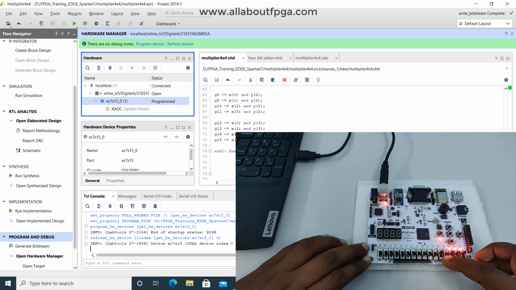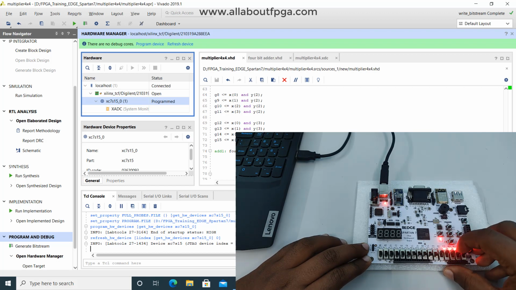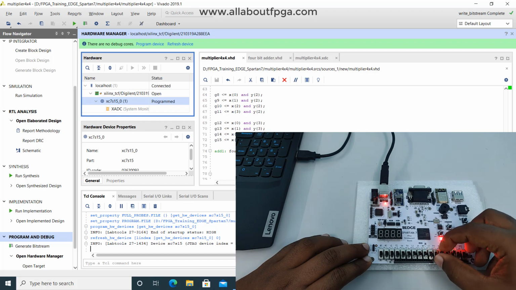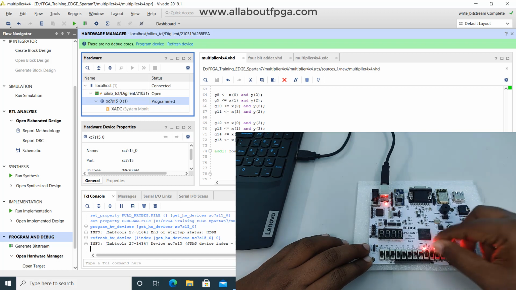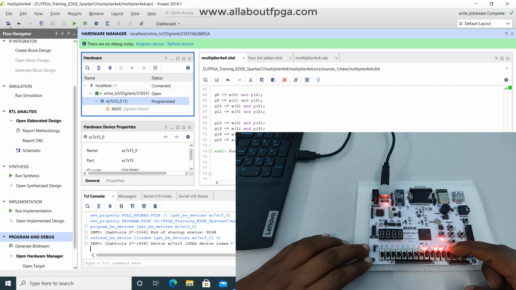Similarly, all 4 ones into 1 is 4 ones. If I make something like, let's say 1100, here I make all 4 ones and 1100.